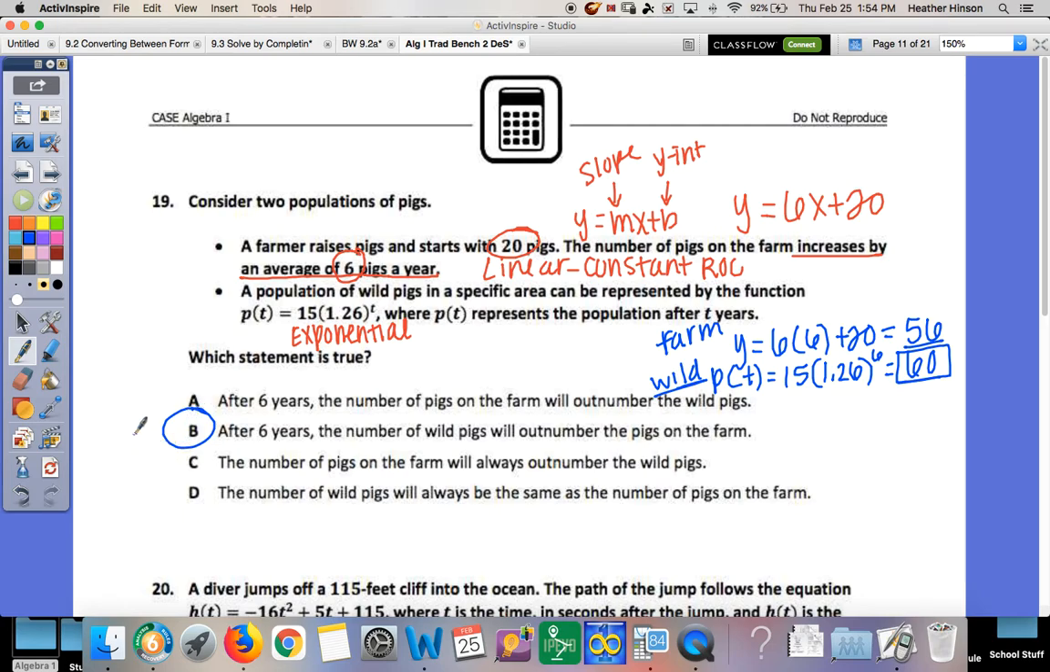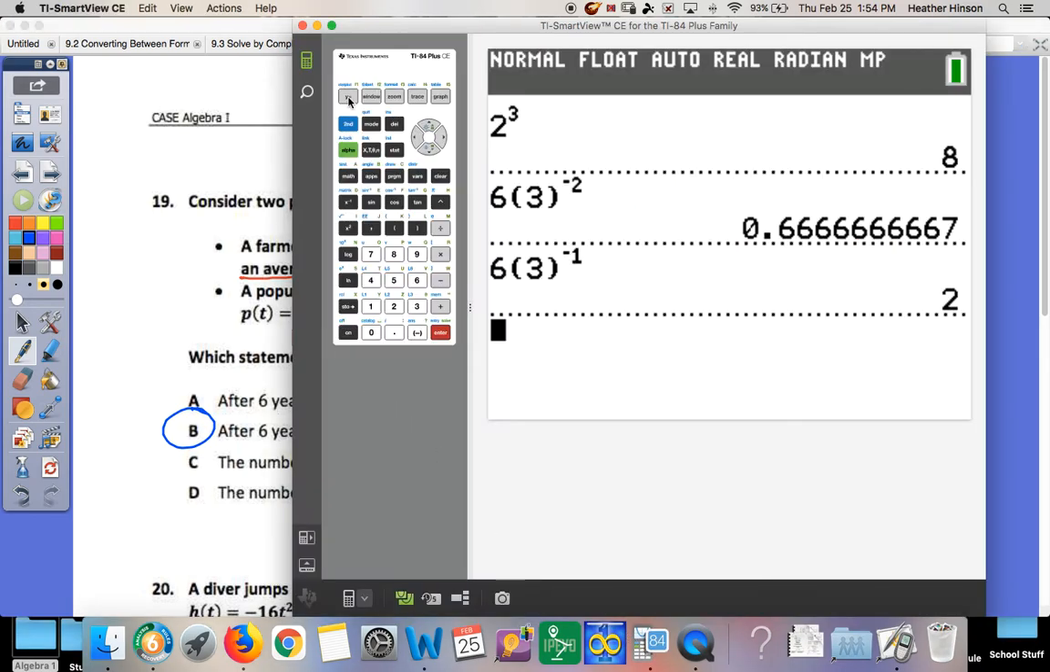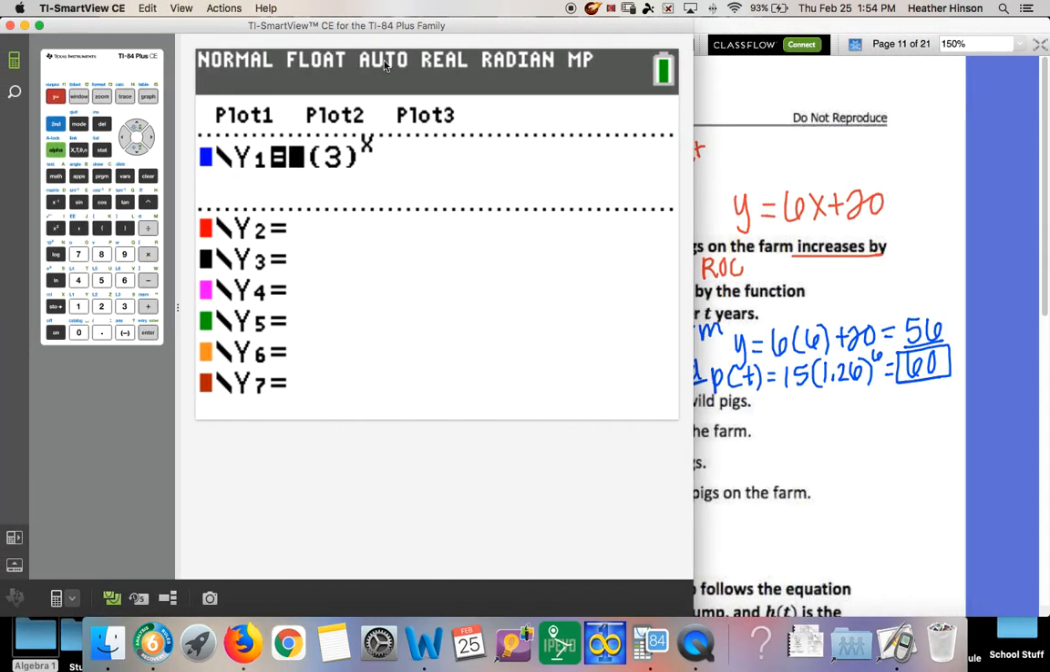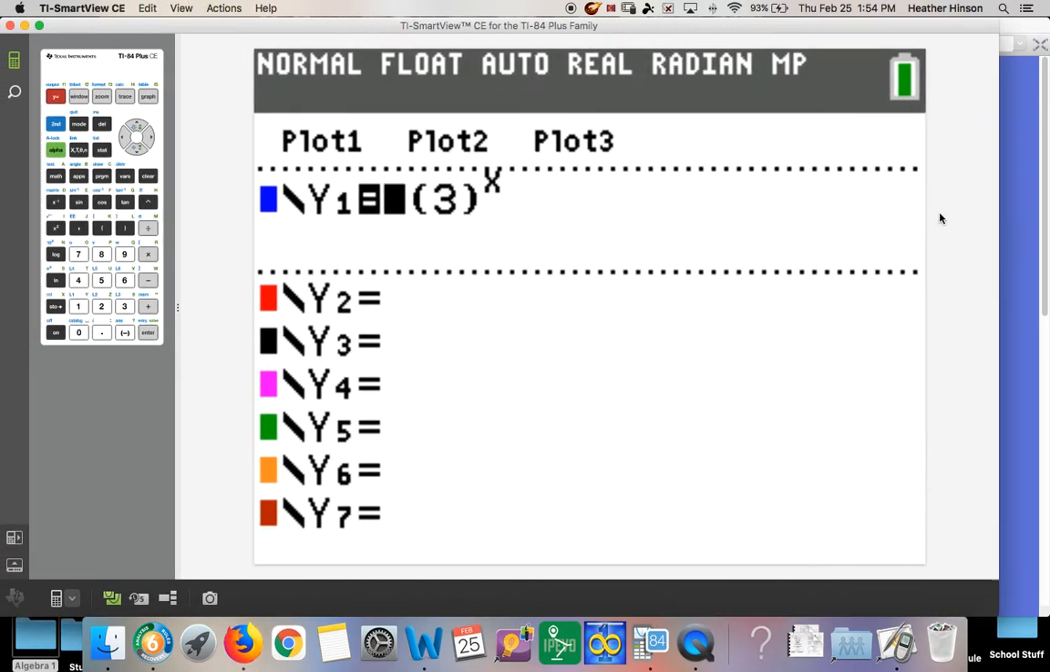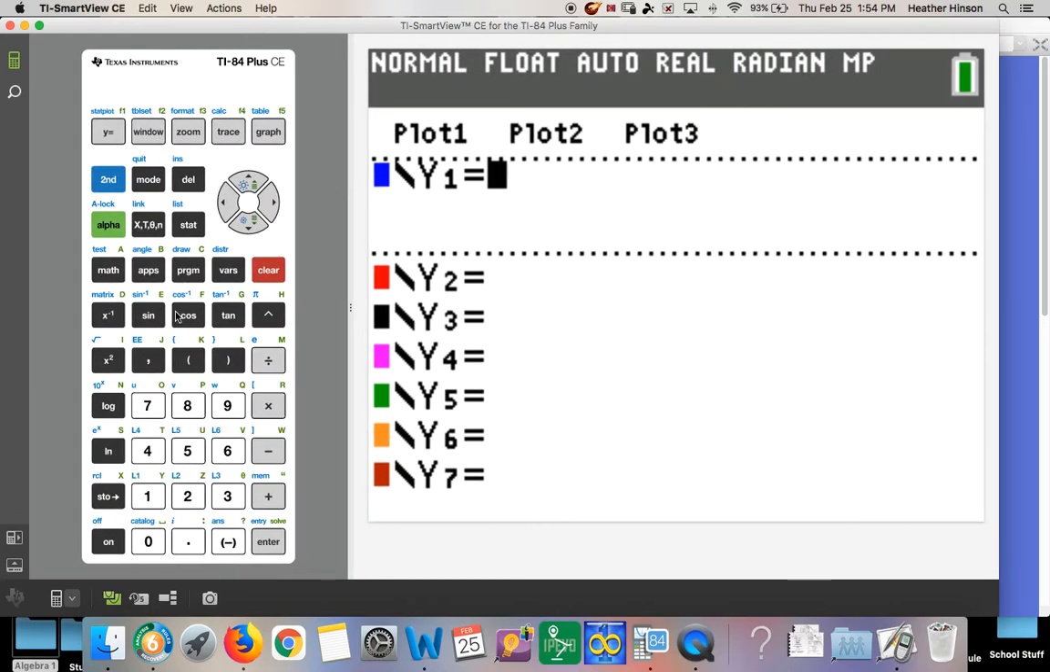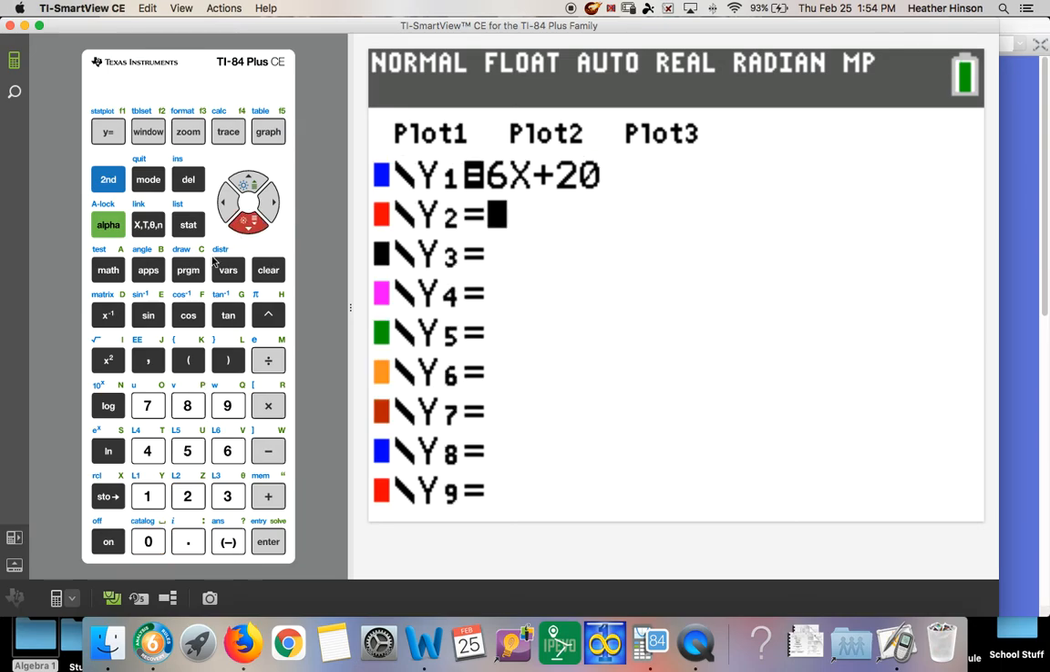The reasons C and D are wrong. The number of pigs on the farm will always outnumber the wild pigs. You can always check this one in your graph. That's what I would go to. So this is bigger. So if we plug our equations in, 1.26,